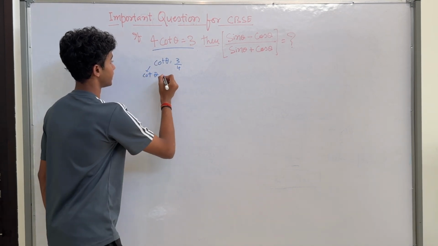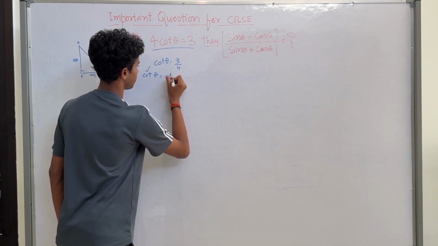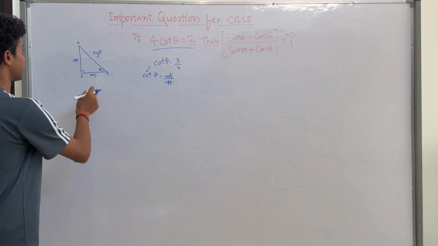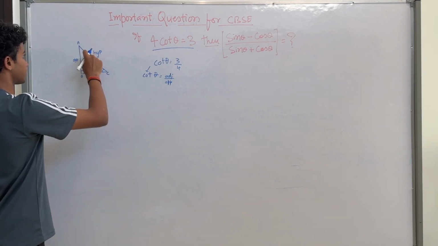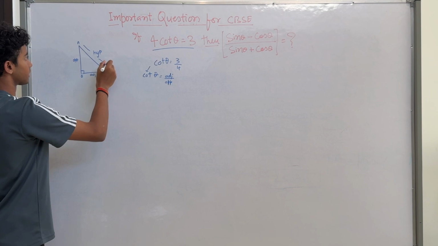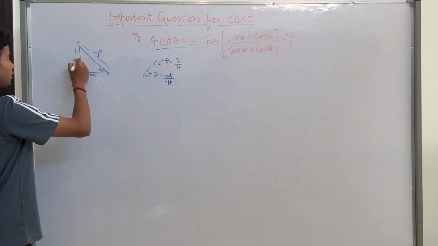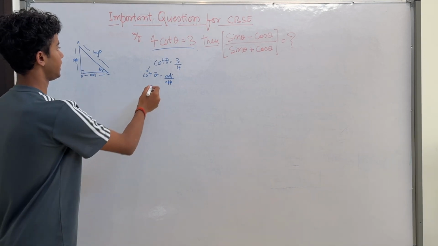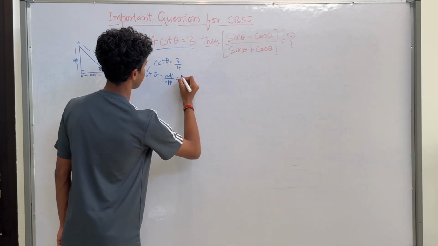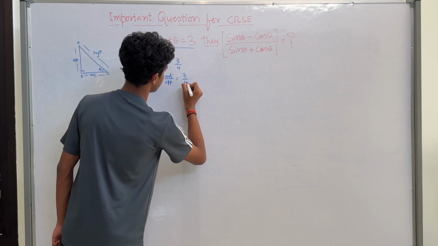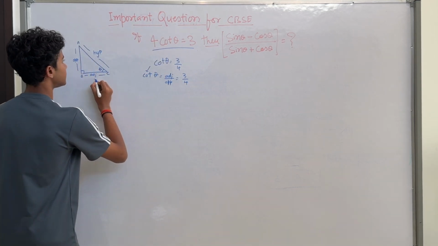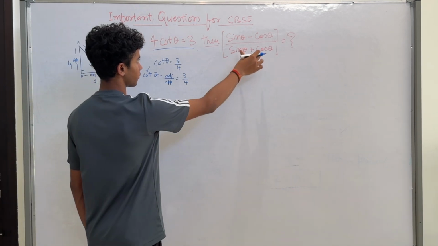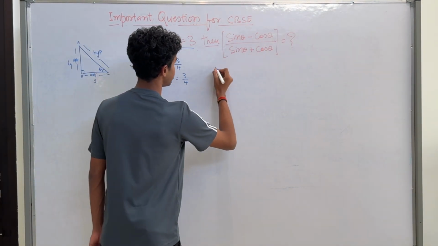we can also write it as adjacent by opposite, which you can see from the triangle right here. This is the hypotenuse of a right angle triangle. This is the side opposite to it, and this is the side adjacent to the hypotenuse. So we can write this adjacent by opposite as 3 by 4, where our adjacent side equals 3 and the opposite side equals 4. And then in the question, we have to find sine theta,